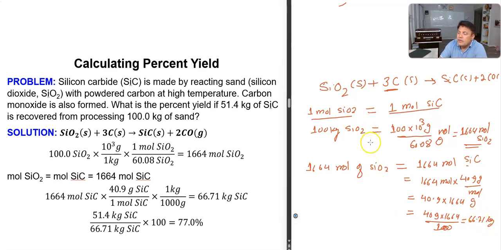Look at that. So how much recovered? How much you produced? 66.71. This is the theoretical, right? Theoretically, you should have this much production, because 1 mole of silicon dioxide should give 1 mole of silicon carbide. This means your silicon carbide is this many moles. That's why this much kg. So theoretically,